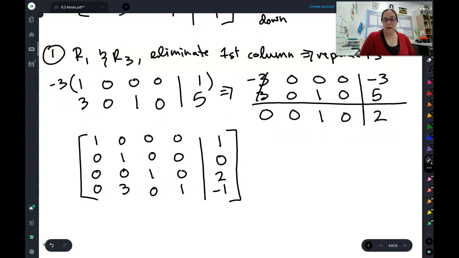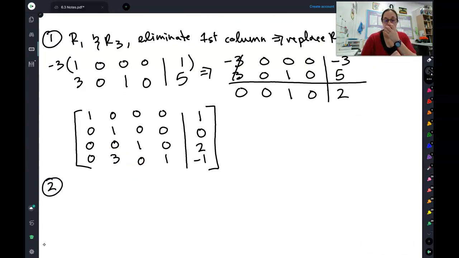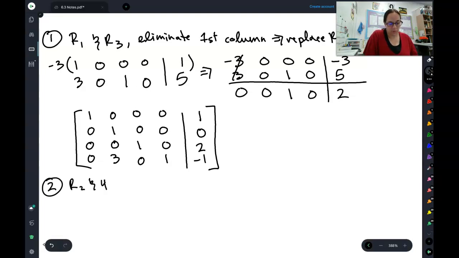Now we continue from left to right, up to down. So our left column is good, all zeros. And then our next column, not all zeros. So now we go up to down. That one's fine. So we've got to deal with that 3 next. So step 2, I want to deal with this 3. So if I want this 3 to eliminate, the only row that I can multiply things by to get the 3 to go away is row 2. Because then I can multiply this by a -3 and add row 2 and row 4 together to get those 3's to cancel. So row 2 and row 4,